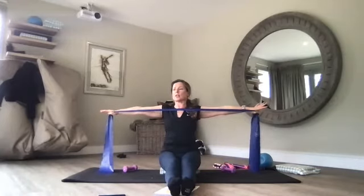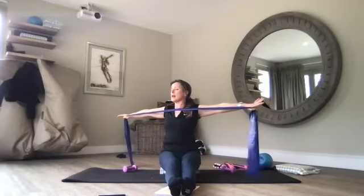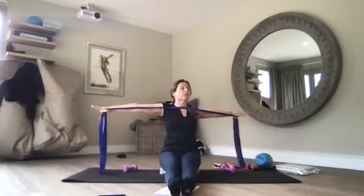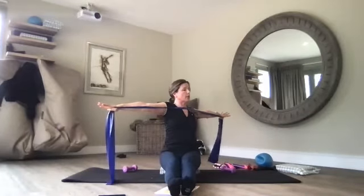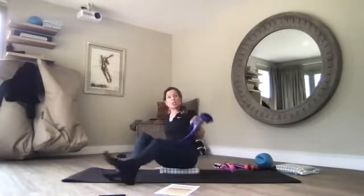I'm really feeling that in my waist, stretching the muscles in my back. Over to the left, pulse, pulse. One more, lengthen up, pull the belly button to your spine, really lengthen your arms. Nose stays between your chest, pulse, pulse, and lengthen, lengthen back to center. Drop the band. We just do our